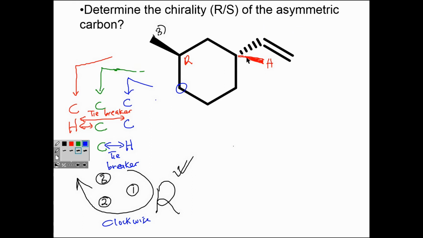So who will have a higher priority here? You have a carbon, and a carbon and a carbon. But this carbon here, since you have a double bond, is taken as if it's bonded to 2 other carbons. And because you have a hydrogen, the hydrogen is like that. So we pretend that it's bonded to 2 other carbons. So let's assign priorities here. So you have a carbon, a carbon, a carbon. We can't make a judgment on that, but